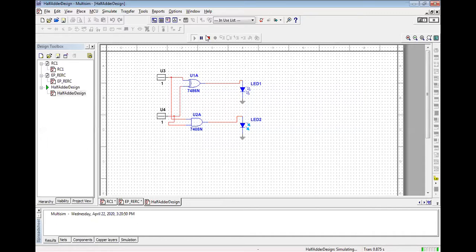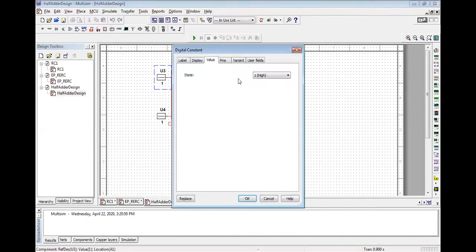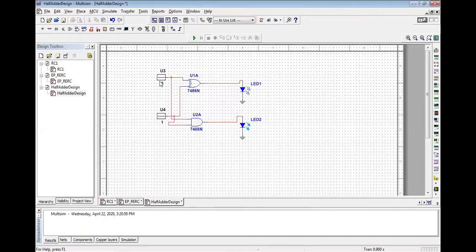Now, if I change any of the inputs, let's say this one, I double-click on that. Here I am going to change this from 1 to 0. So here you can see on your screen that the first one is 0, this one is 1. So what will happen? 1 and 0, the output of the AND gate may be 0, and the output of the XOR gate may be 1. In other words, 1 plus 0, sum will be 1. So this LED must be 1 and this will be 0. Now I am going to play. Here you can see this LED is on, with blue color, so this is 1, and this LED is off, so this is 0.